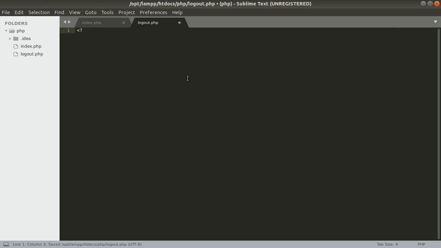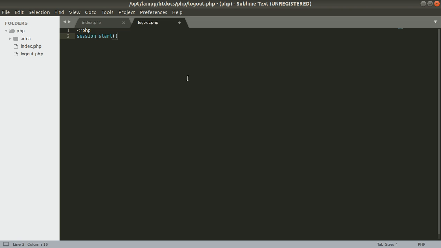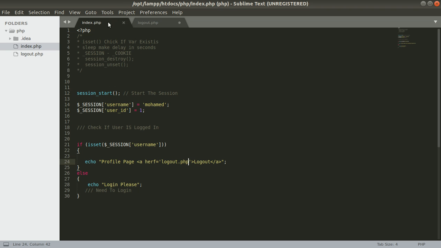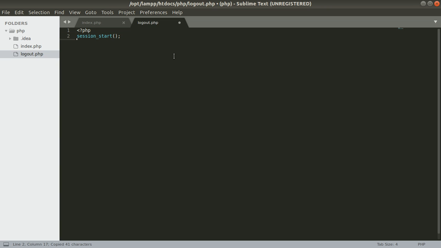I will start PHP tags, PHP. I will session_start. Then we can destroy our session. We use session_destroy and session_unset. We use